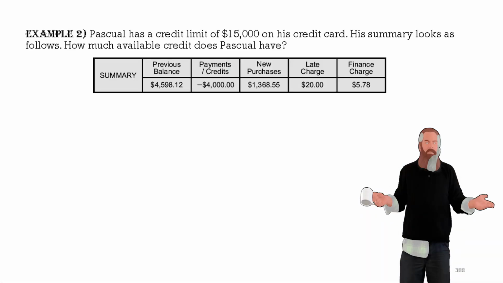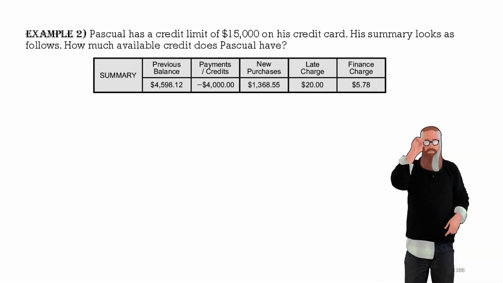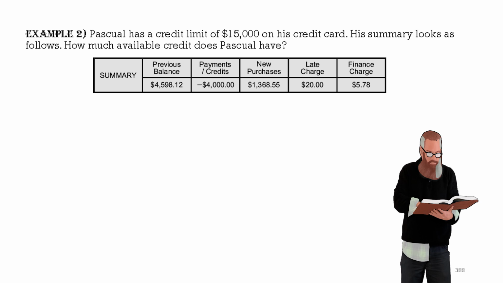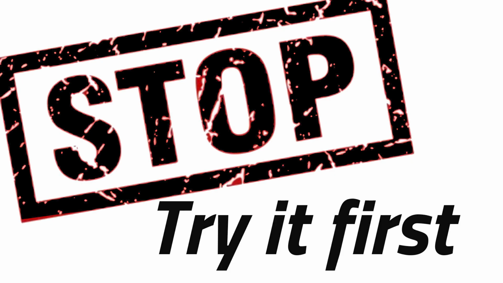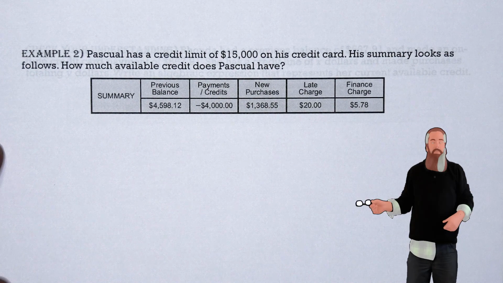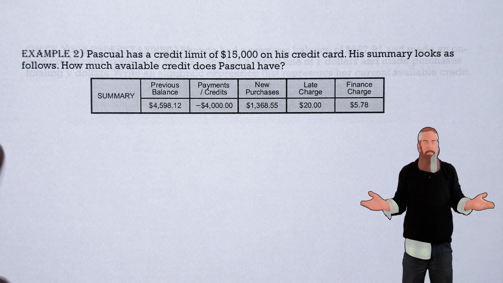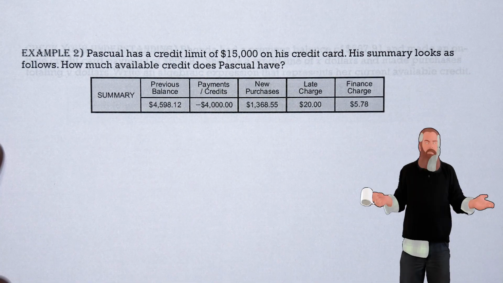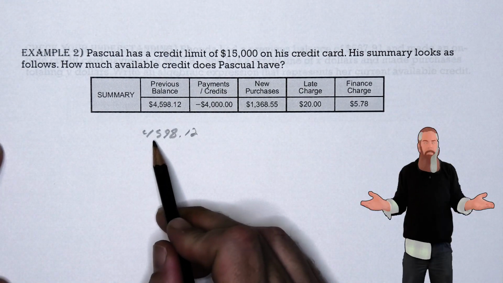Pascual has a credit limit of $15,000 on his credit card. His summary is on the screen. How much available credit does Pascual have? So Pascual needs to determine his new balance and then subtract that from the credit line in order to find the available balance. We know that the previous balance was